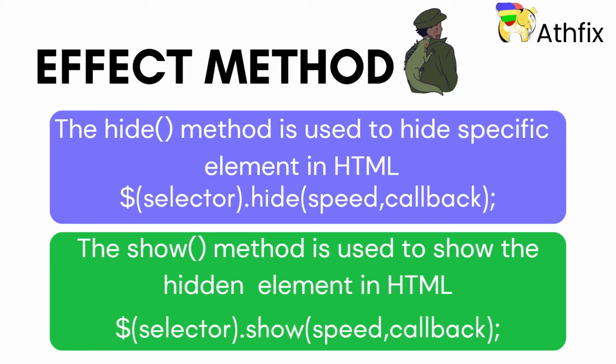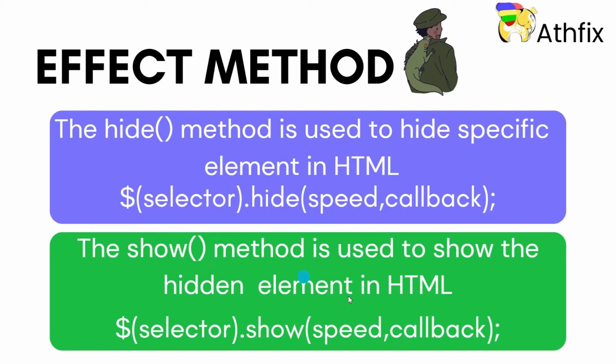And we have the callback function, which occurs when you use this hide method. If you hide the p tag which has hello world, and you use a callback to alert that the p tag is hidden, you add the callback function, in which you add alert, and under it you add that this element is hidden. Whenever this p tag is hidden, it is going to alert you that this element is hidden. And this is how we use the hide method.